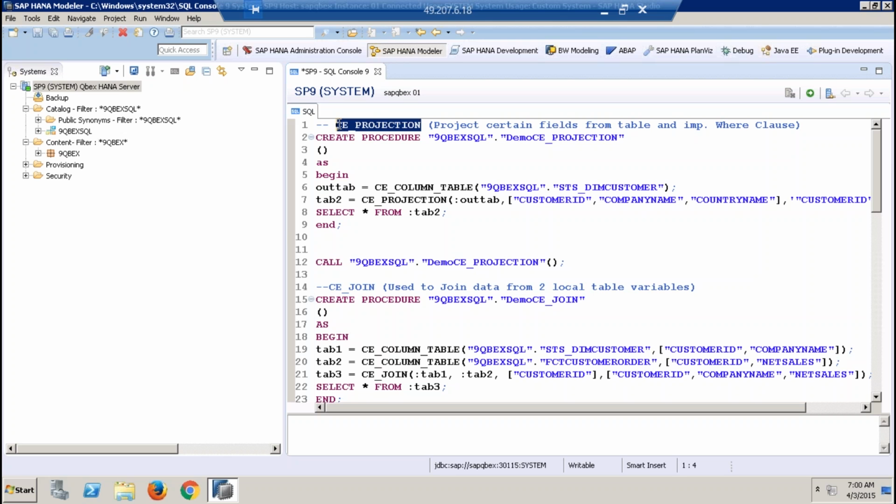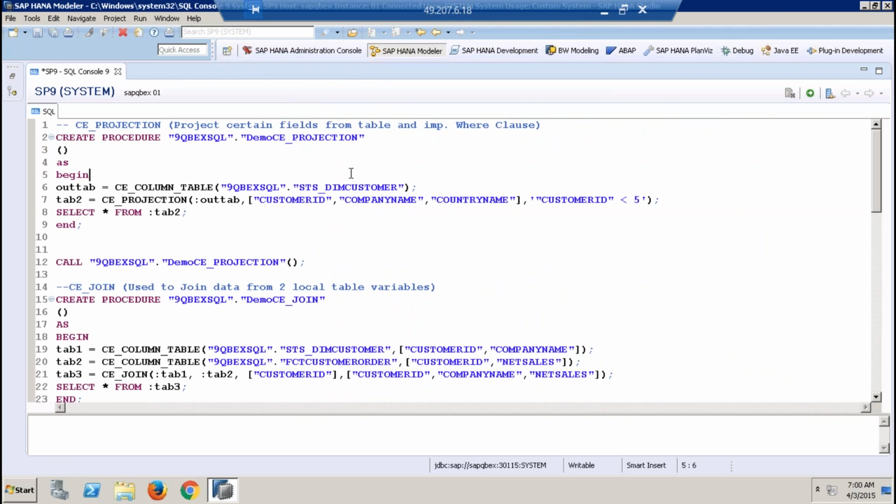So basically, projection is about implementing your where clause and projecting only certain columns of a table. Two things you can do with projection. One is, let's say your temporary table has got lots of columns. You just want to project only certain columns of that and also apply where clause on it. Then you would use the C_PROJECTION function. If you see this here,